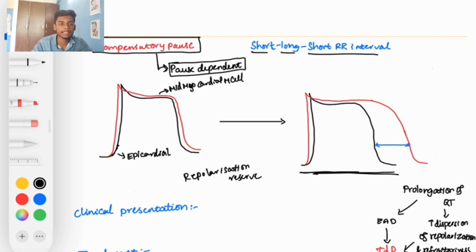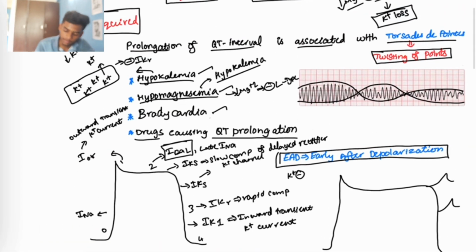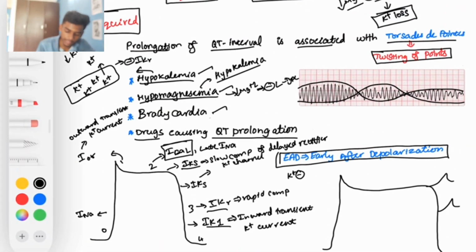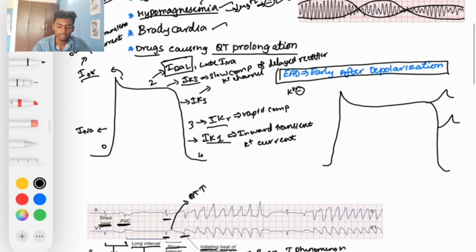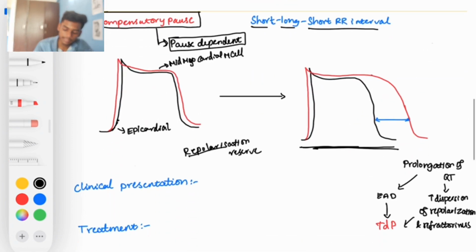If one of the potassium channels is blocked, see here, there are multiple potassium channels. If any one of the potassium channels is blocked, the rest of the potassium channels will work more and will compensate for the loss of that channel. It is seen in the case of epicardial and endocardial cells, but myocardial cells usually have very little slow component of delayed rectifier potassium current, and IKAS, which is apamin sensitive,